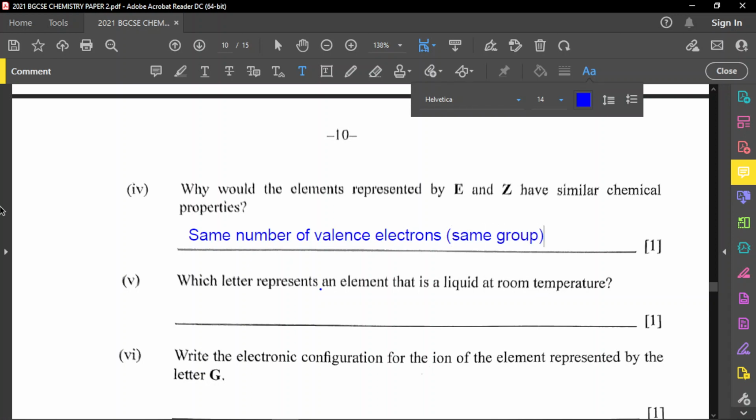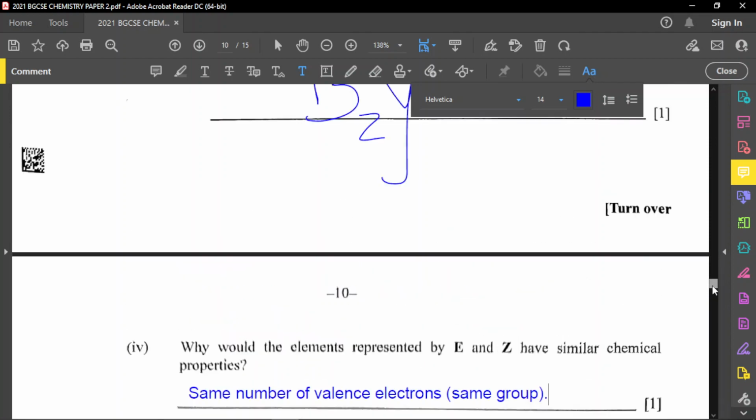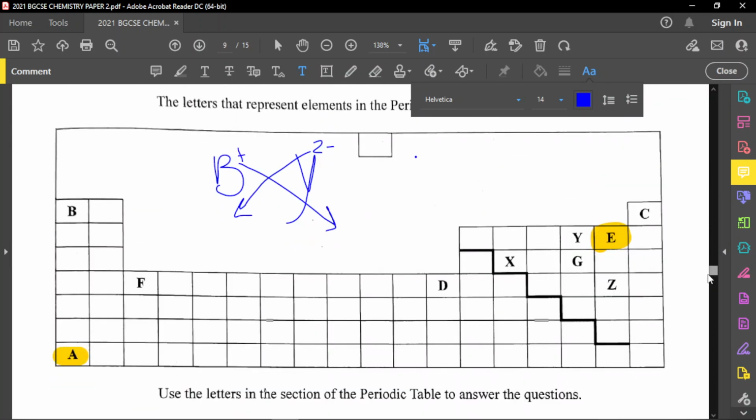All right, I don't think I'll get the mark for same group because the chart is actually showing same group, but nothing wrong in putting it though. Because it actually explains the situation, because elements from the same group are chemically similar. All right. So part 5 now is which letter represents an element that is liquid at room temperature. And so let's go back up here. All right, and just to make a note,